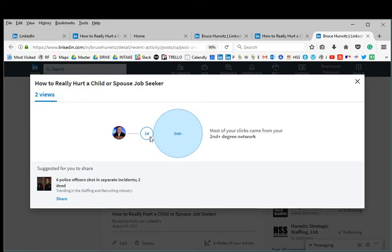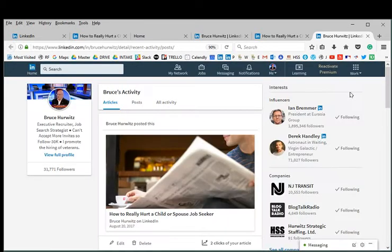So what I'm guessing is, and this is one of the problems with LinkedIn, you have anomalies. If there are 2 people, then these circles should be the same size. You can't always rely on LinkedIn's analytics. But